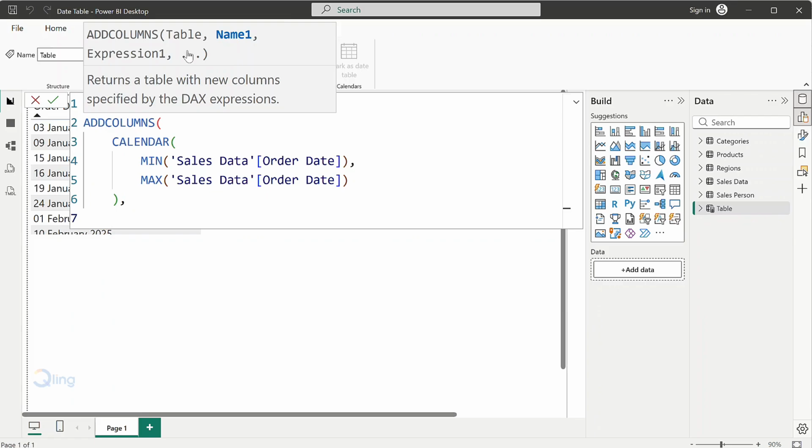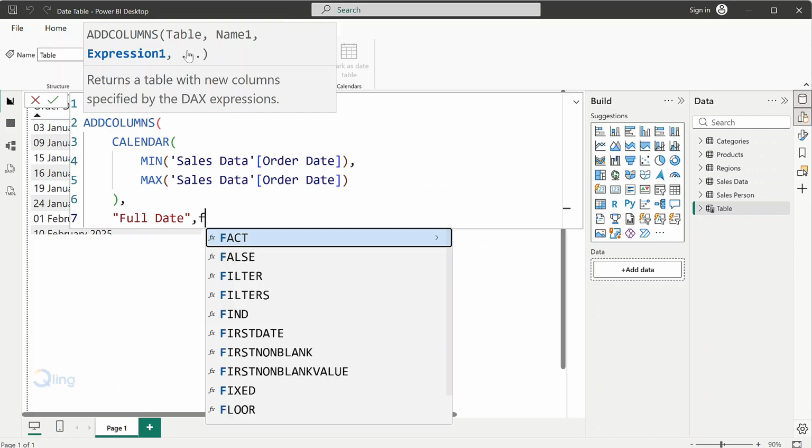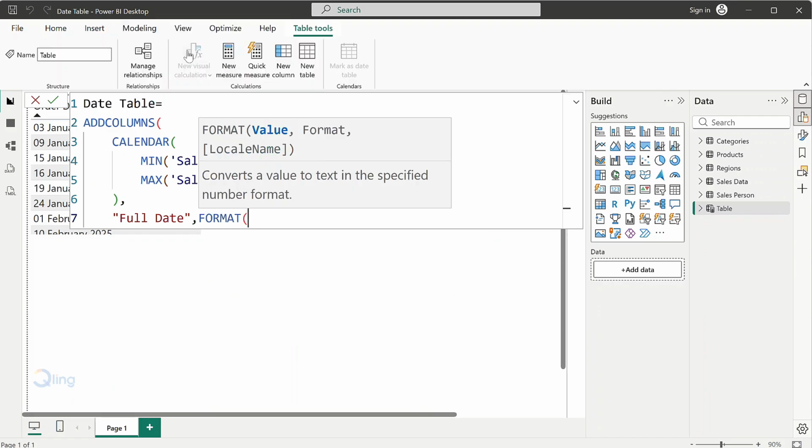The next column I want to create is called full date. The expression will be FORMAT. The value will be the date returned by the CALENDAR function. When I write date in a pair of square brackets, it is referring to the column within the table itself. FORMAT will be YY,